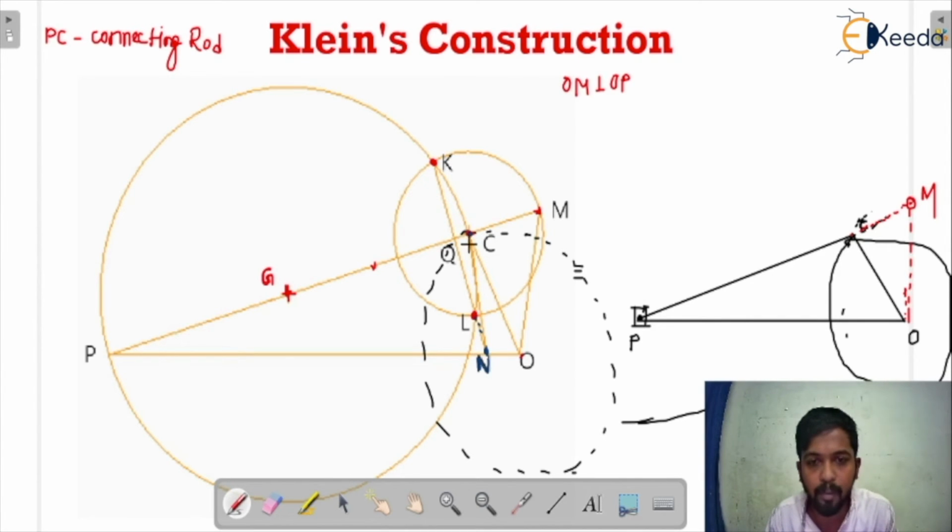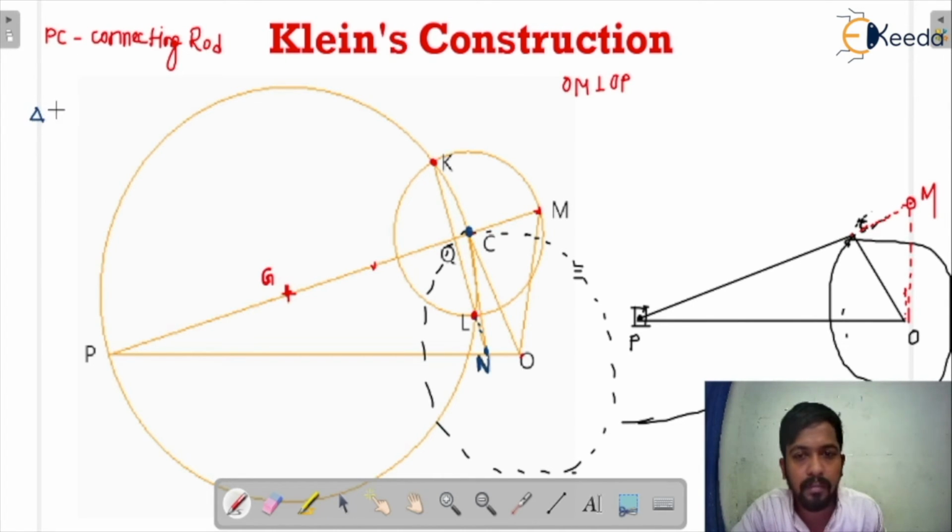Now you just have to join point C to point M. Directly you just have to join both the points C and M. Now what is the acceleration diagram and what is the velocity diagram? In the diagram you can see the